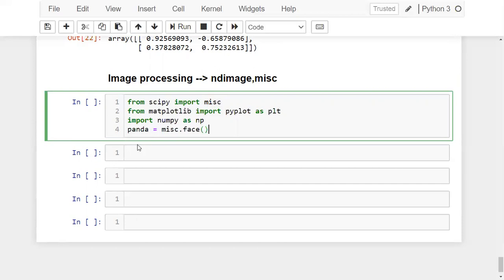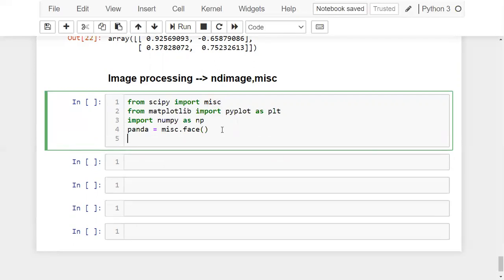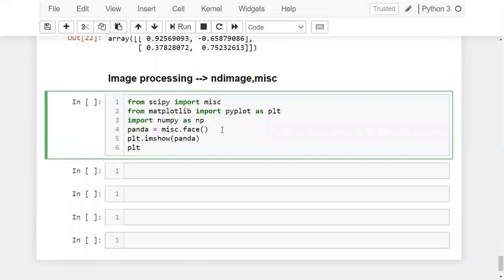I'm storing that image in this variable. Okay, now I want to display that image on the screen. So whenever you want to display any image, you need to use imshow. Okay, this imshow will display that image on the screen. plt.show. Now try to run this.